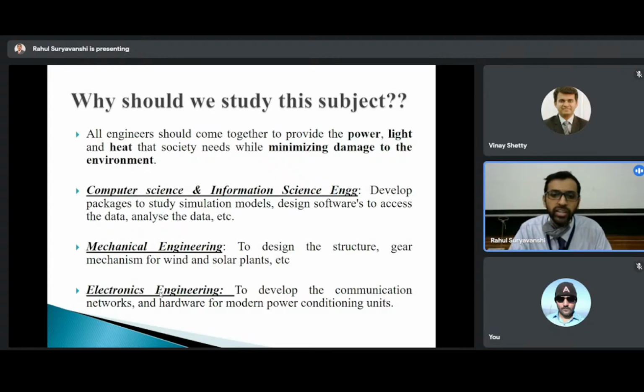A large amount of data and a large number of systems are there. Nowadays, everything is coming into the domain of power electronics, so for power electronics, electronic engineers are required. Then for communication, communication protocols, networking, and hardware are all required. Then there are monitoring stations, such as weather monitoring stations, when we talk about these things.